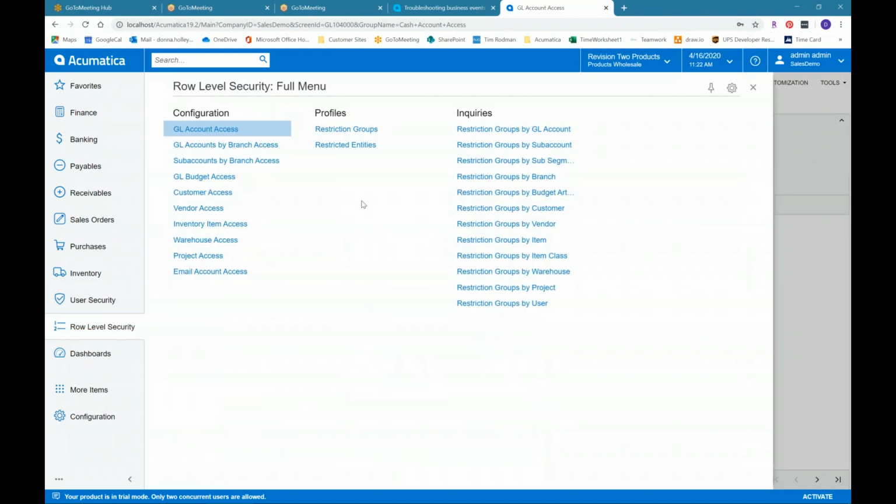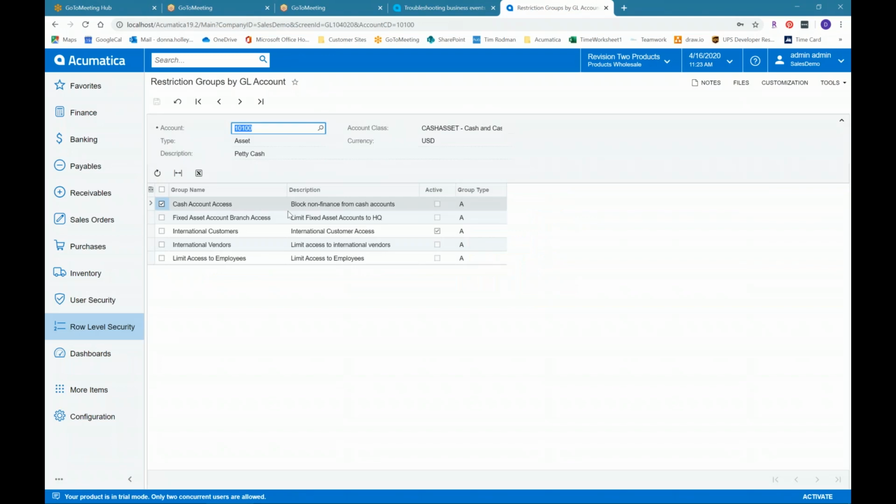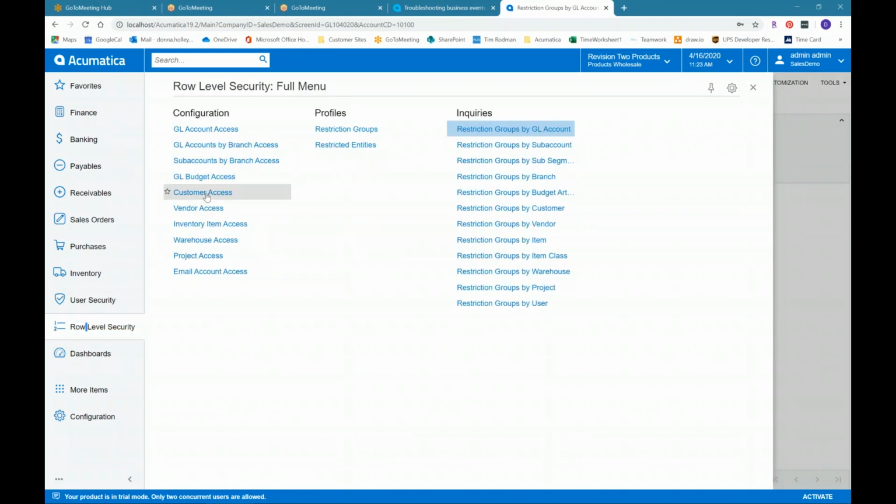So, another example might be restriction groups by, trying to think if you do GL accounts and sub accounts. No. So